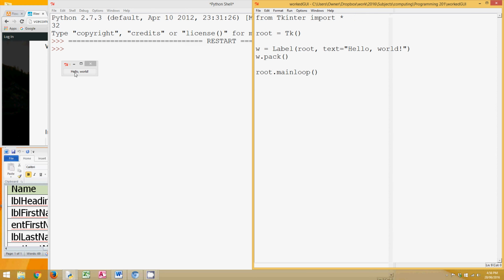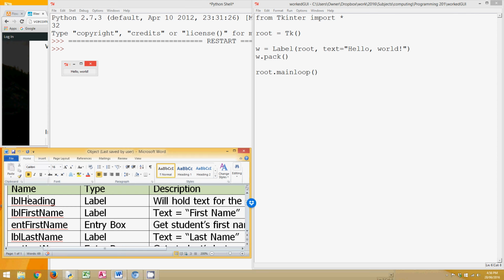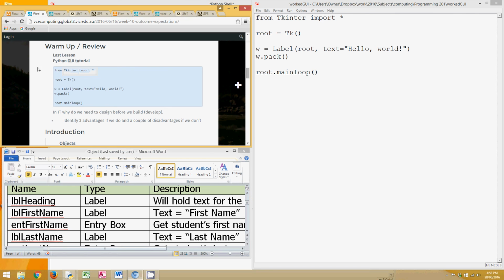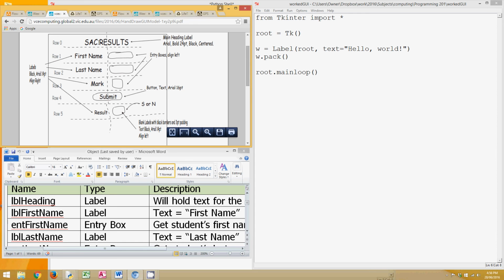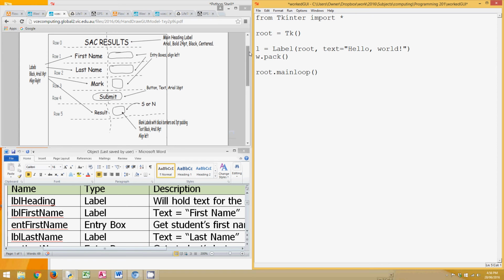Okay, so let's start actually creating some proper code and some proper labels. First thing is, if we come back to our design here, you'll see the first thing I want is a big heading that says SAC results. Let's have a look how I've labelled the first one, and I've said lbl_heading. Now that's going to be a label, and the text will say in all caps SAC